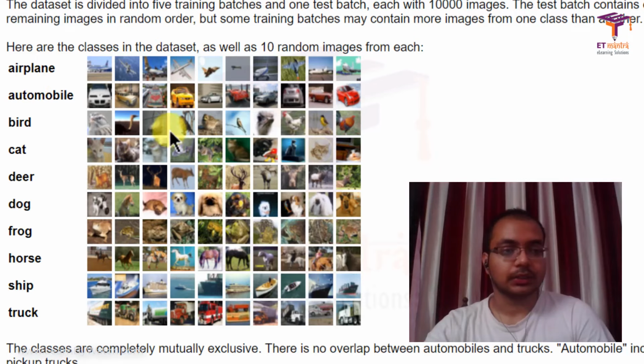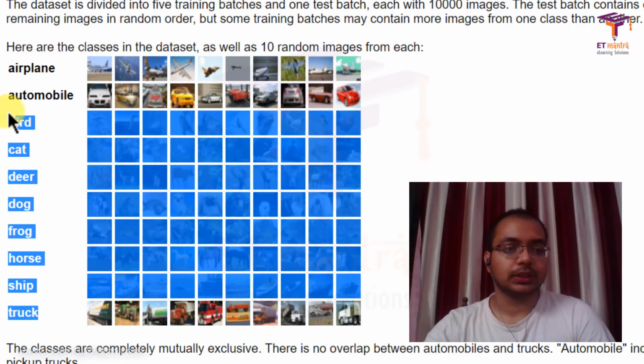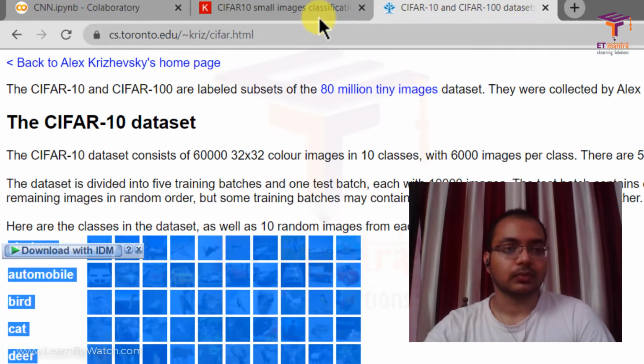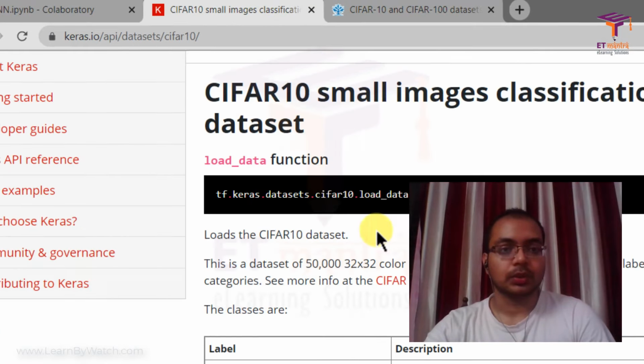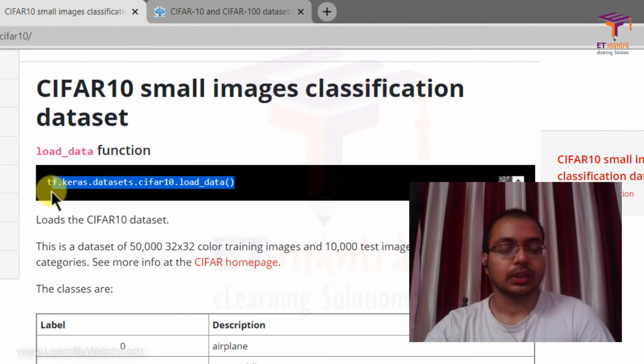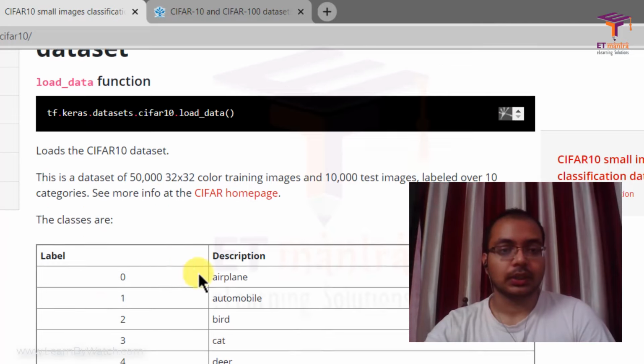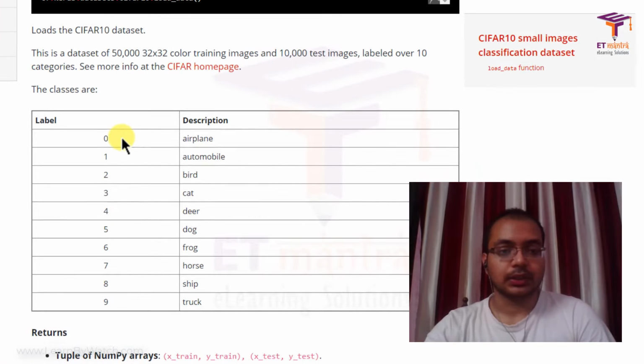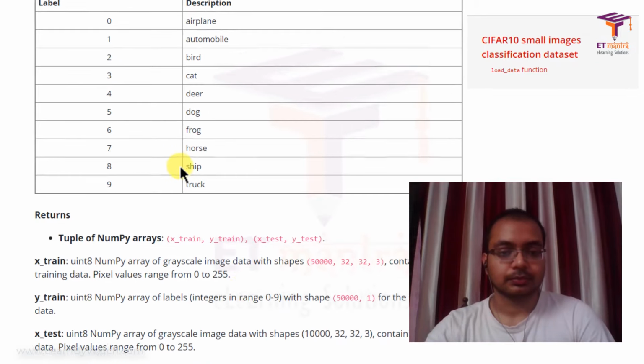There are 10 classes and there are images, and we have to classify each of these images based on these 10 classes. And if you look at the Keras docs, this is how we import, and these are the labels corresponding to the different class names.